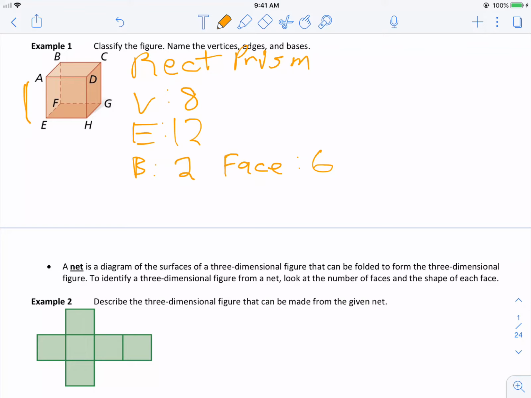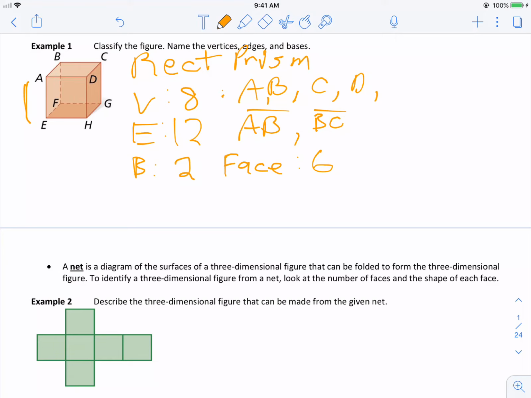The names for each of these, the vertices, are just named with their letters. So we would have A, B, C, D, E, F, G, H. You get the idea. I don't need to write out every single point. The edges are all segments, so you're naming all 12 possible segments that we have here. For example, AB would be one segment, BC would be another, and using proper segment notation to name all of